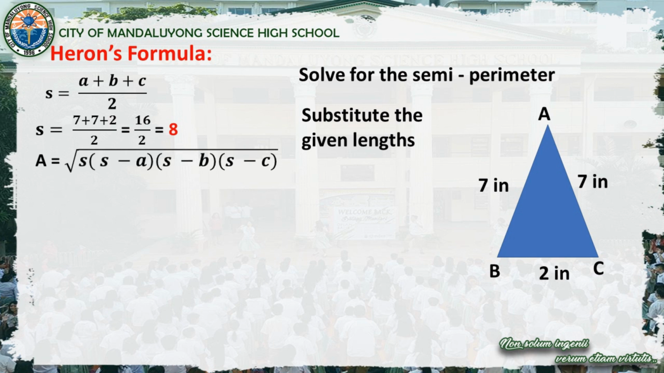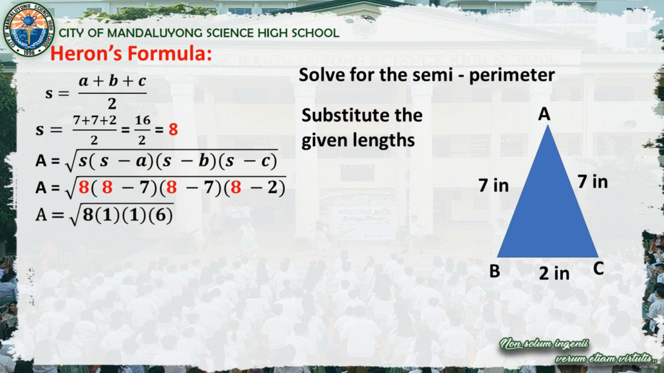After you have computed for the semi-perimeter, and in our problem here, our S is 8. All we have to do next is just simply substitute the values of A, B, and C. So you all know that we assigned 7 for A, 7 for B, and then 2 for C. So this is it. Area is equal to the square root of 8 times (8 minus 7) times (8 minus 7), then times (8 minus 2). And so, simplifying the terms inside the radical